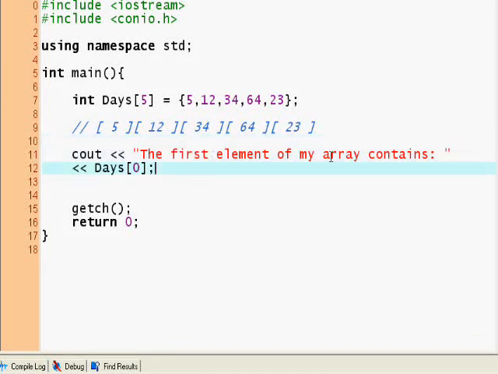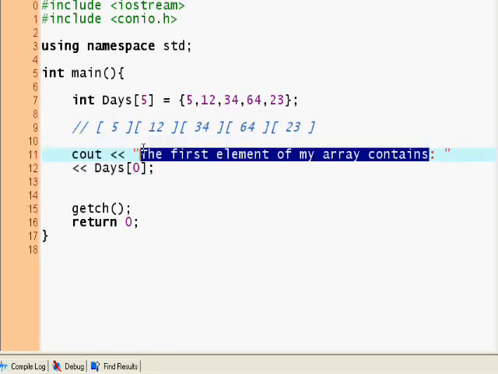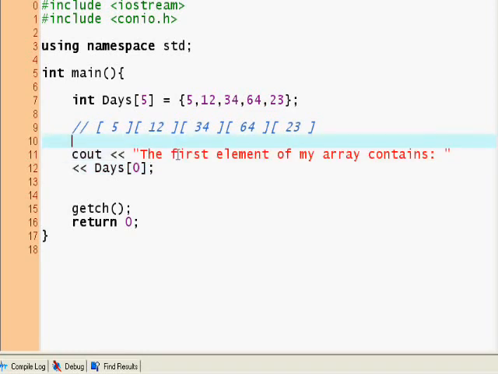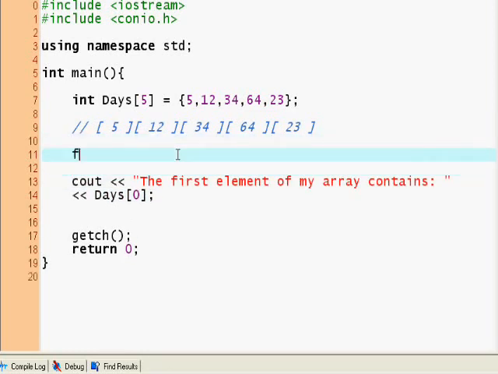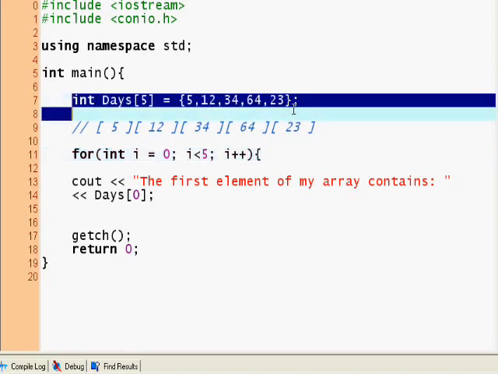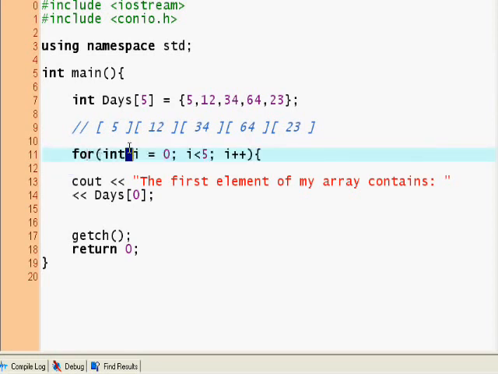You could say, you could use a loop to cycle through an array. int i = 0; i < 5; i++, because we have 5 elements in our array here. We used a for loop with 5 elements to cycle through our array, and we can see out